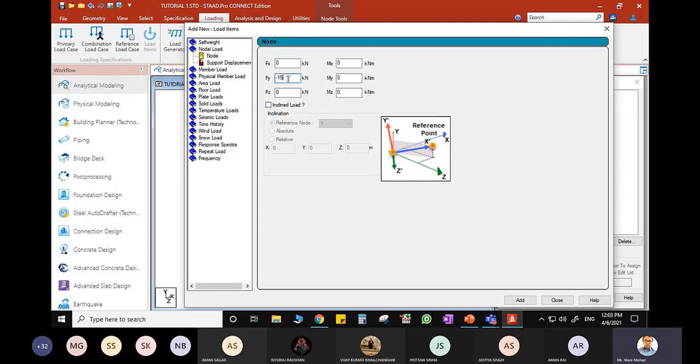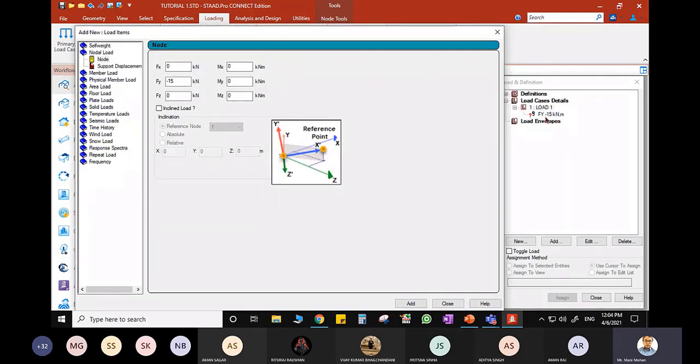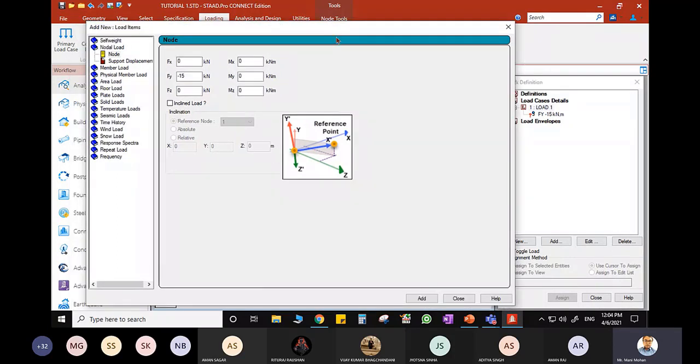So Fy is minus 15, acting in the global Y direction, and this is the nodal load. Click add. So this load has been added; though you cannot see it right now, if you drag this, you can see this load has been added.